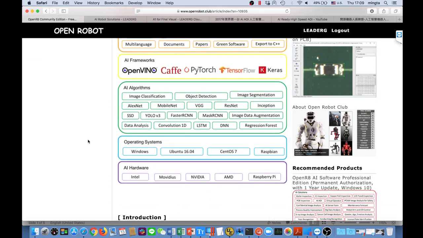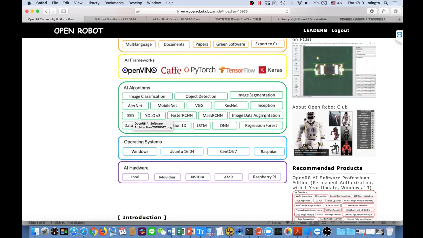And we provide many AI algorithms like image classification, object detection, image segmentation, and many deep learning networks: AlexNet, MobileNet, VGG, ResNet, Inception, and many algorithms, single shot detection, YOLO v3, Faster R-CNN, Mask R-CNN,